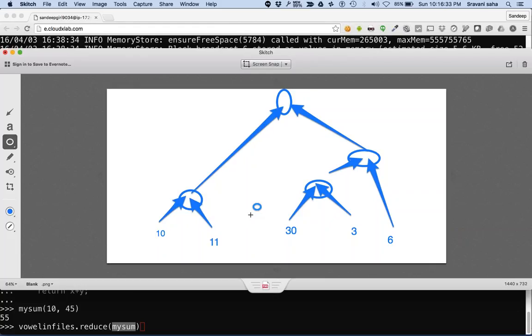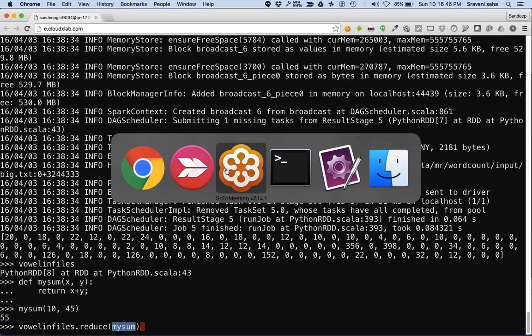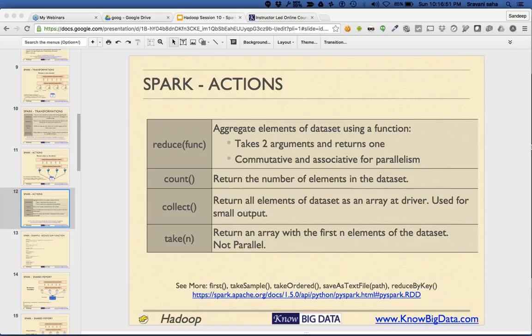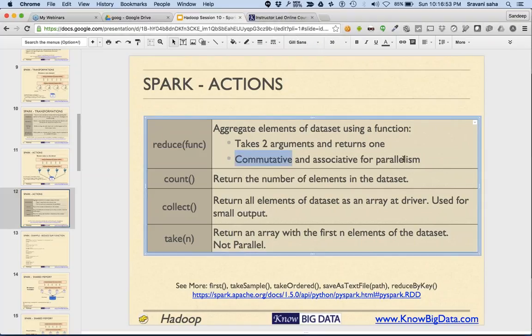Now, this brings us to a point that we cannot use all kinds of functions in reduce. We can only use selected functions which are commutative and associative in nature, which means that if the same function is applied again and again, the result should be the same.